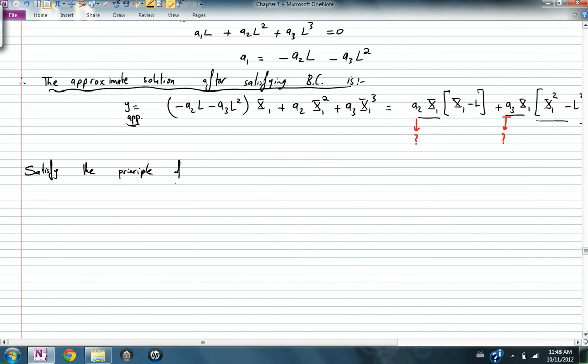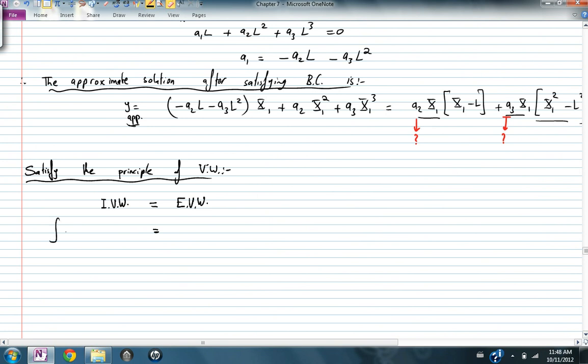Now, what does the principle of virtual work state? It states from equilibrium, which is what we're looking for, the equilibrium equation. We're looking for a solution to the equilibrium equation. The internal virtual work is equal to the external virtual work, or in other words,